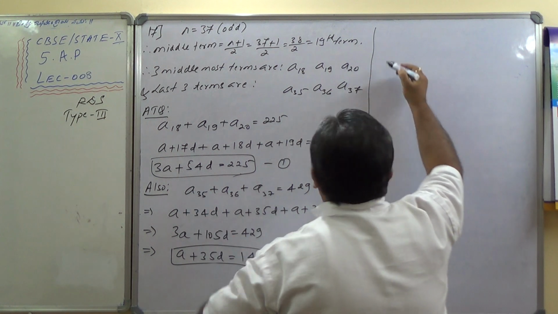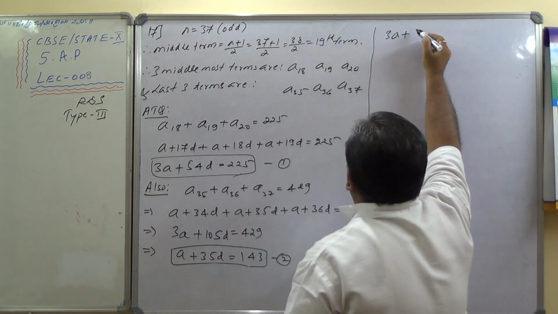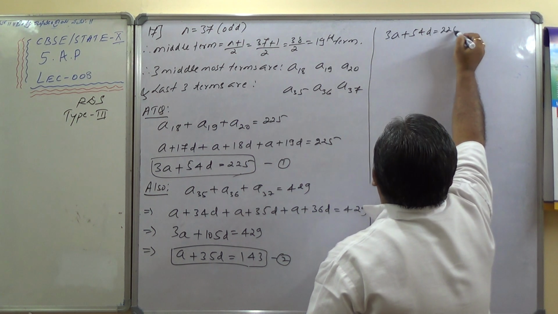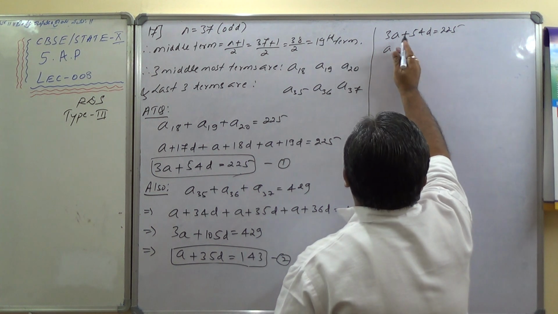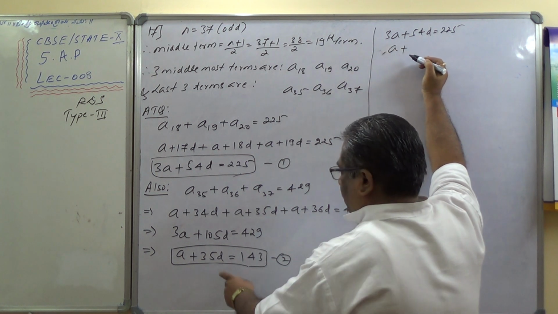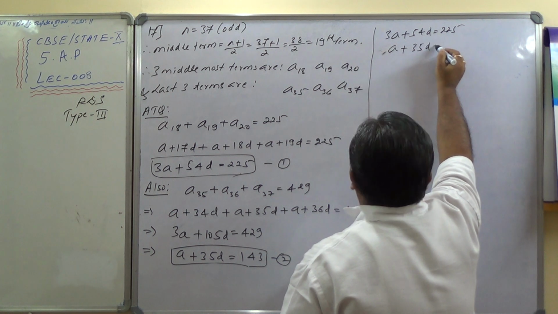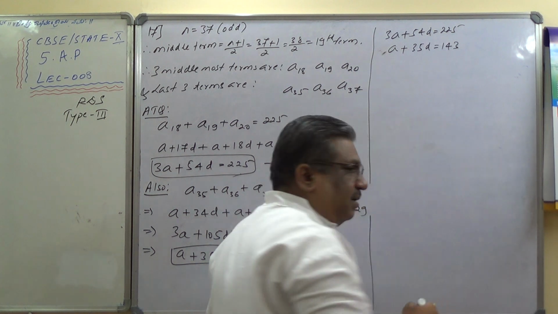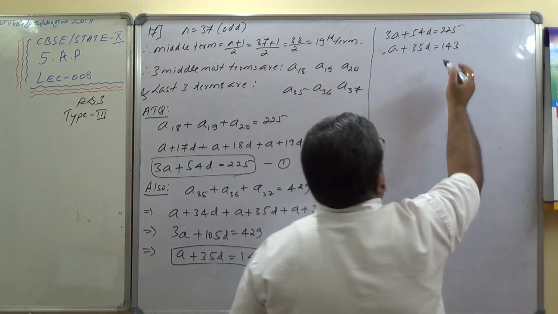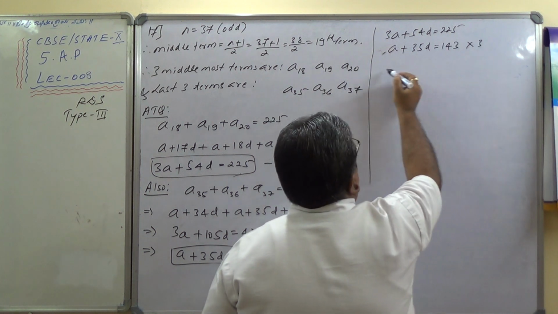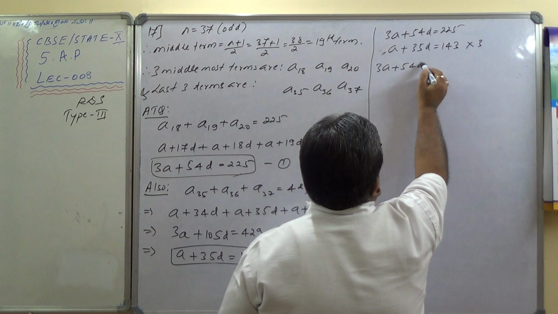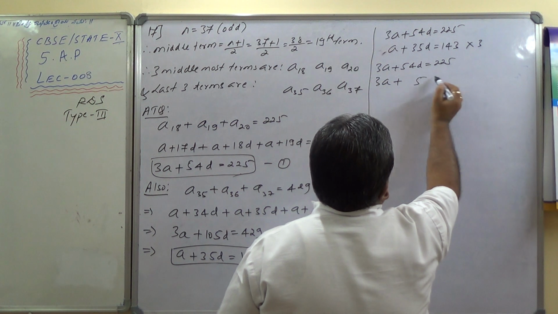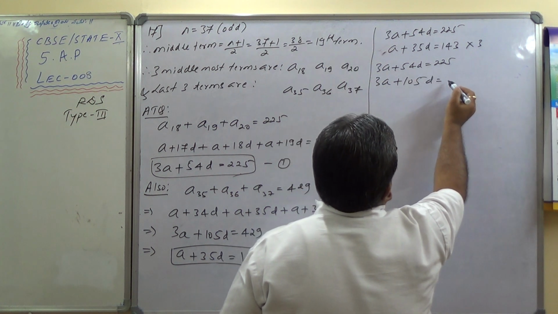So let us solve here. 3A plus 54D equals 225. A plus 35D equals 143. Okay, now multiply this by 3 here. So 3A plus 54D equals 225. 3A plus 105D equals